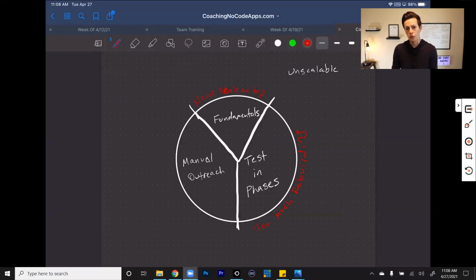If you don't do this manual outreach in the beginning, what we often see is wasted investment. Okay, wasted investment. It's a couple of scary words. Nobody wants that, right? But that's the reality.